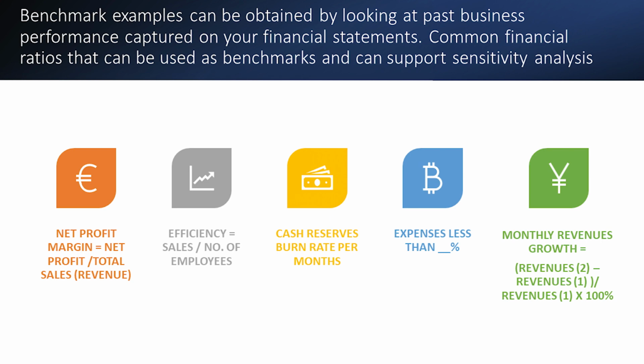Cash reserves. How quickly am I going through my reserves? Most business texts will tell you that you need to have at least 6 months of costs in a cash reserve. If you start to see that cash reserve, which is typically held in a separate bank account, start to diminish, you want to calculate how quickly it's diminishing, because when it runs out, it's gone. And so you may not have your rainy day fund when you need it. So that's something you need to pay attention to.